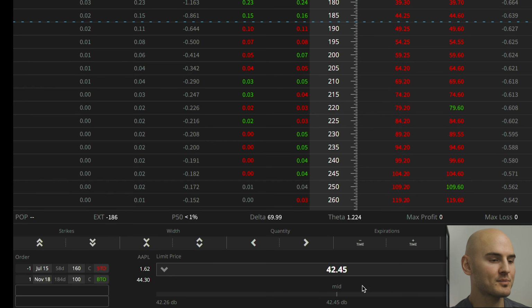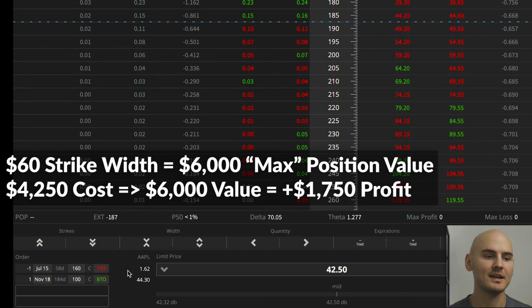The entry price of this spread is $42.50, and with the strike width being $60, this gives me an estimated or simple max profit calculation of right around $1,800, since if I pay $4,200 to enter this position and the stock price goes to the moon and this poor man's covered call trends towards the width of the strikes, which is $60, then this position's value is going to trend towards $6,000. And if I pay $4,200 for a position that appreciates towards $6,000, my maximum profit potential is going to be